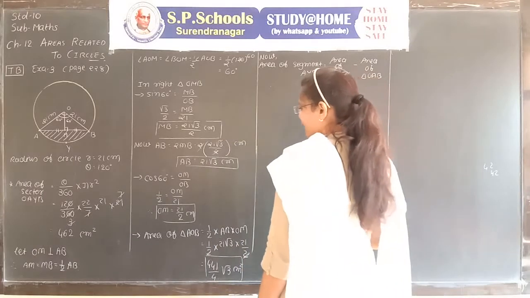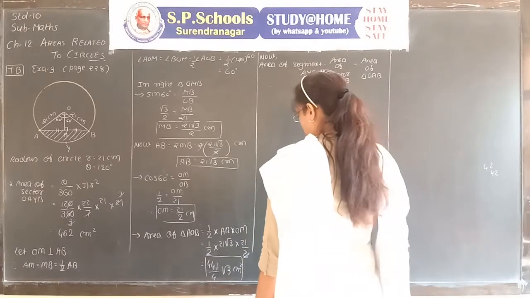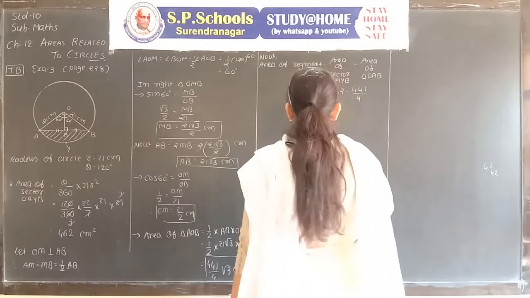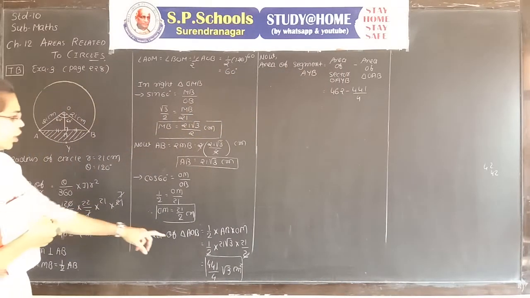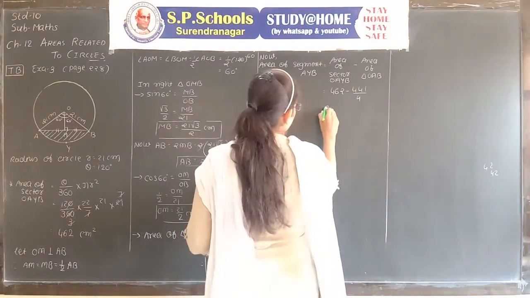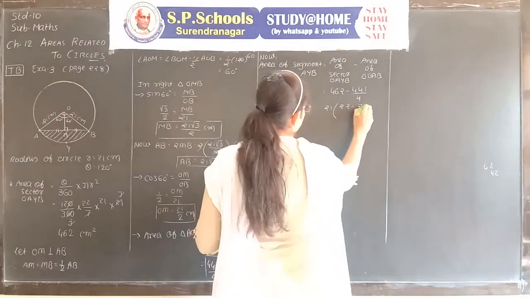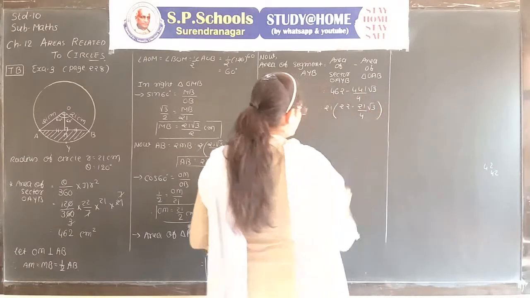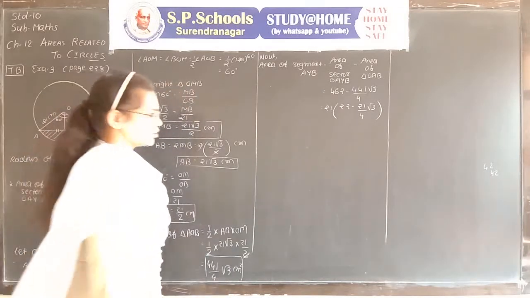Area of the sector is 462 minus area of triangle 441 upon 4. Now see here, 462 is the multiplication of 22 and 21. 441 is the multiplication of 21 and 21. Take 21 as common, remaining into the bracket 22 minus 21 upon 4 into root 3. The value of root 3 is not given in this sum. If given, then substitute.